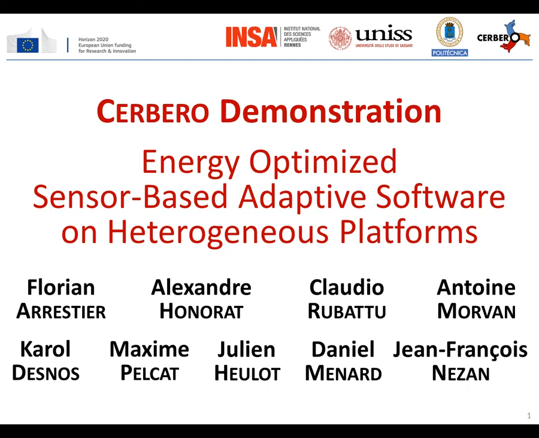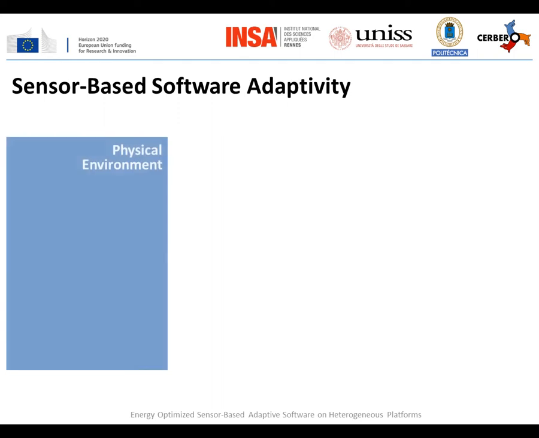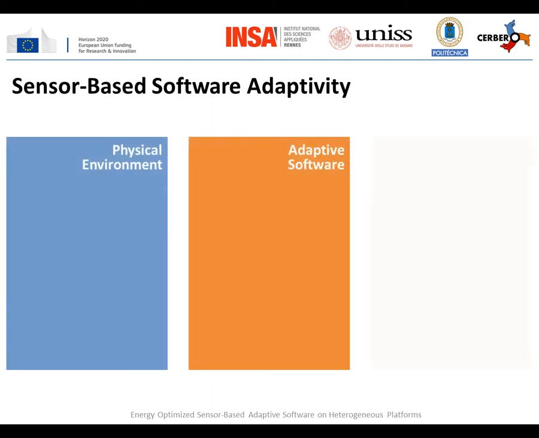This video presents a demonstration of a toolchain for designing and deploying energy-optimized sensor-based adaptive software on heterogeneous platforms. This demonstration was built in the CERBERO H2020 European project, and results from a collaboration between INSA-Rennes, UNISS, and UPM. A sensor-based adaptive cyber-physical system consists of three main components: a physical environment, an adaptive software, and a heterogeneous